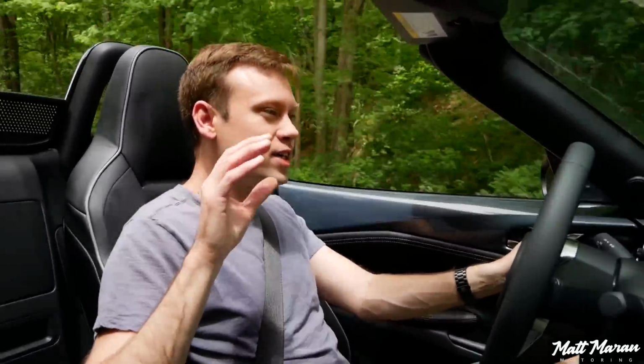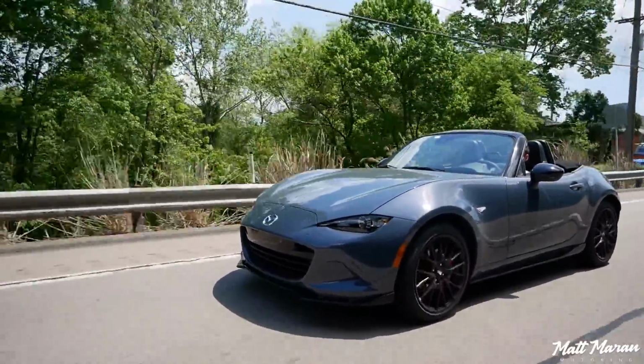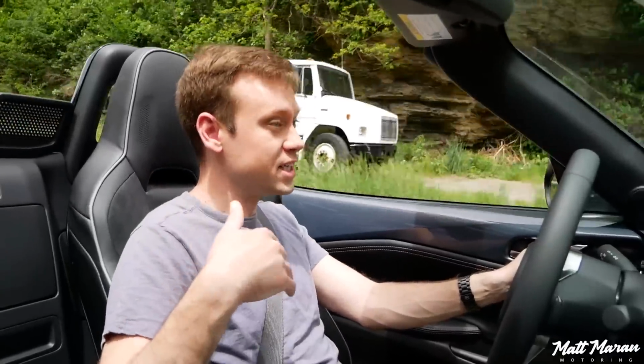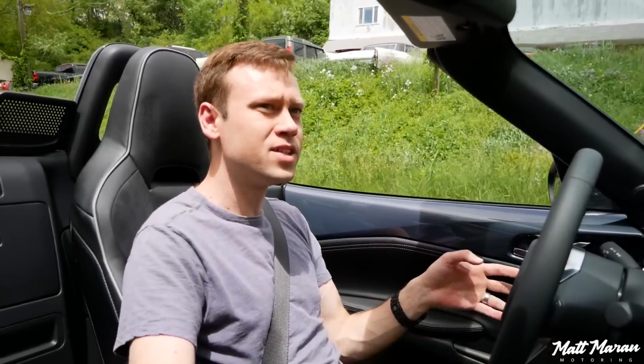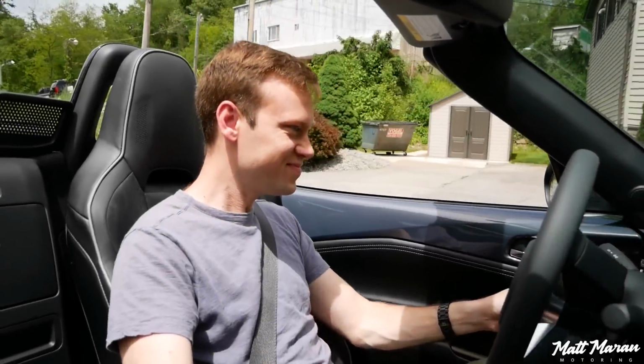As far as what might make the Miata worth a little bit of extra money, you have the much lighter weight than the GR86 and the BRZ. You have the convertible experience, which is something you can't get in those, and it's a very different, unique experience that I really love, by the way. I have to add that with convertibles, not only is it the wind in your hair kind of thing that's fun,